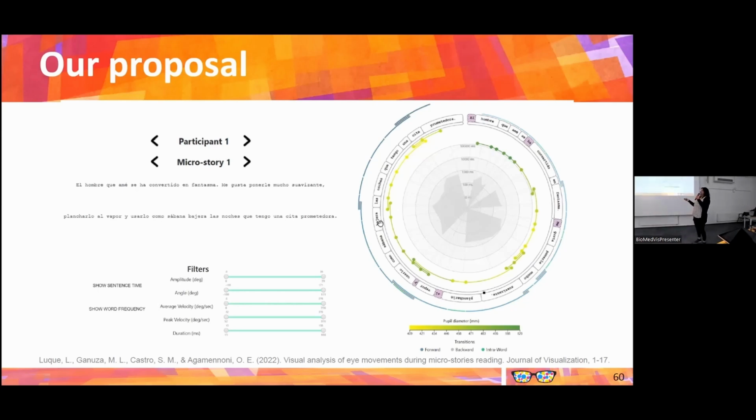And we also have some filters here, and I will tell you about this later. So we have the word and sentence analysis, because the words are here and the sentences are in this inner ring. In this case, this micro story has only one sentence.